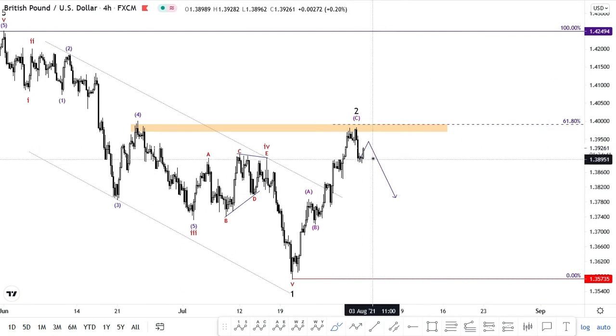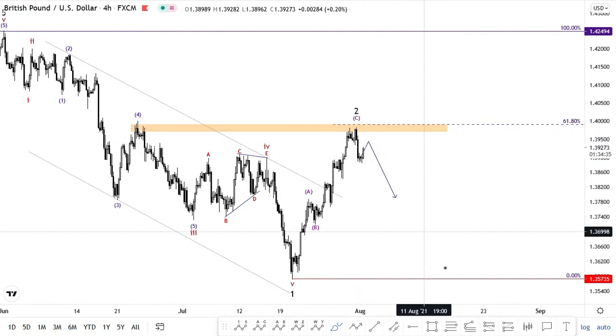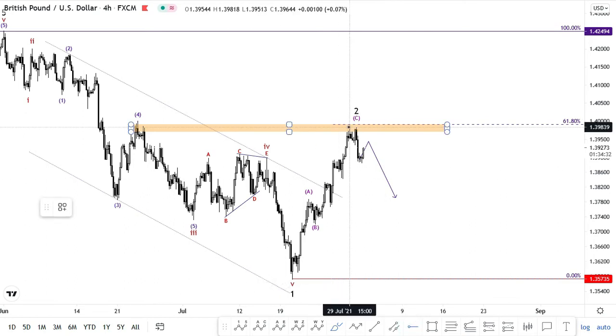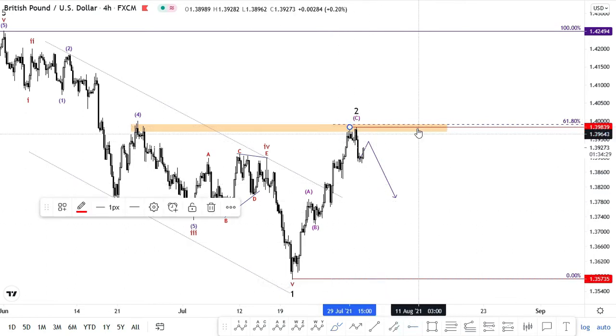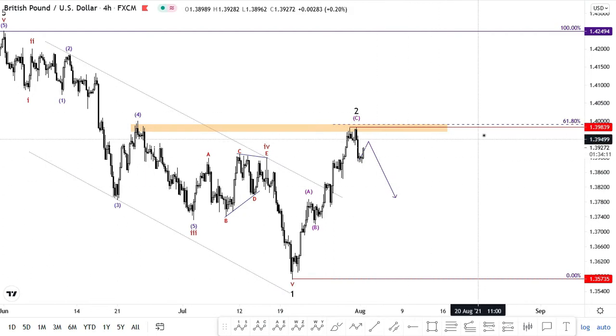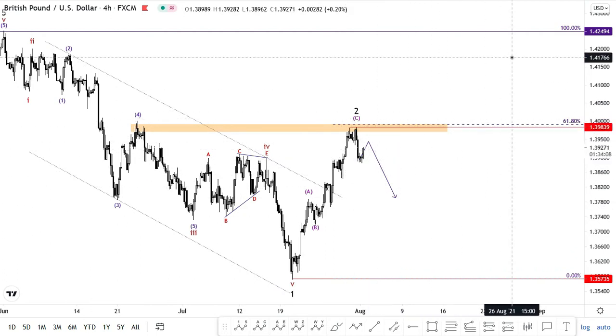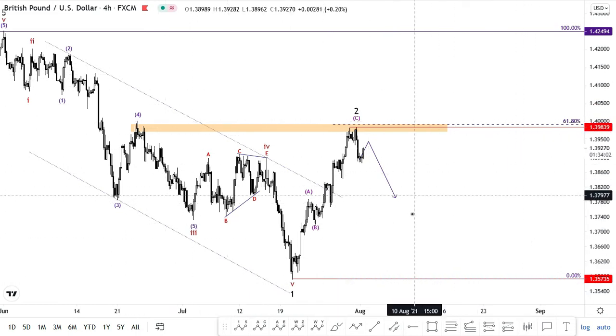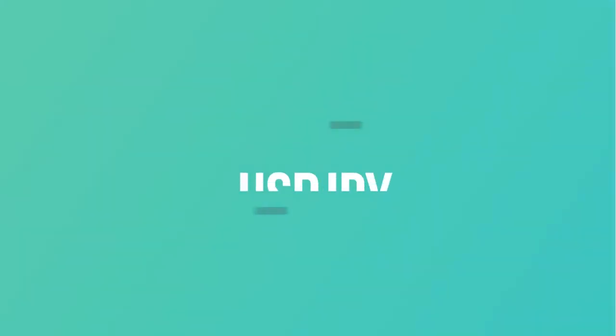For now we just live with the fact that price might be changing trend, keeping our invalidation level close enough in case price decides to continue the short-term trend, which is down. It's quite straightforward. Just expect price to correct and then fall down, and if it happens to correct up to finish at a higher level, then it's fine. We're going to join the bearish move. So that's it for GBPUSD.